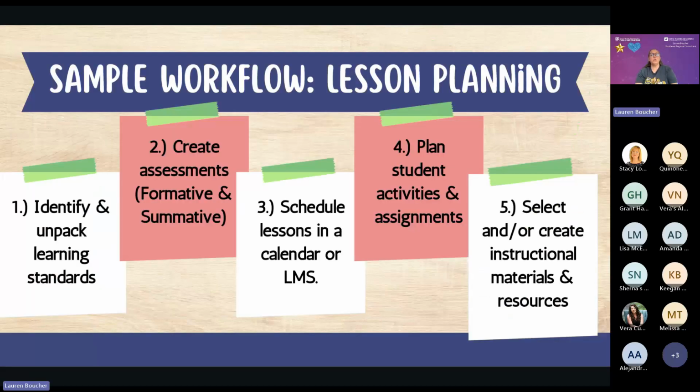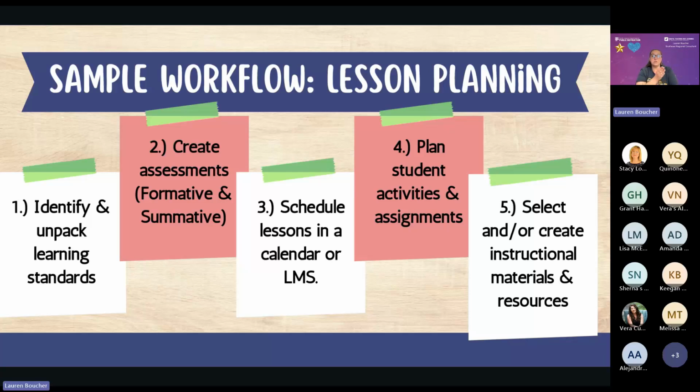So I have a couple of sample workflows for you here, very simplified, but just to give you an idea of what a workflow or system might be. For lesson planning, the first thing that we're always going to want to do as an educator is always start with your standards.